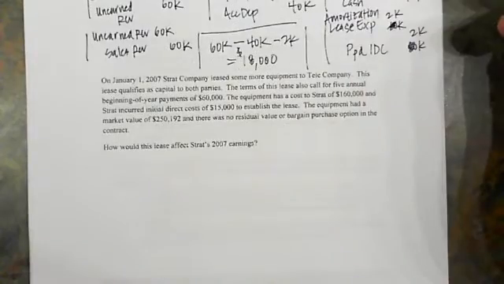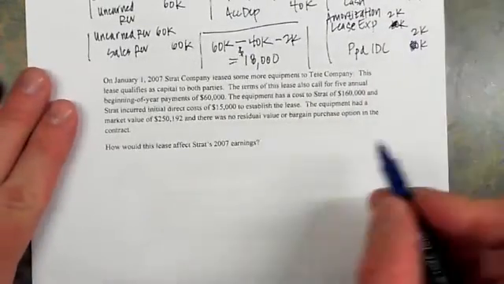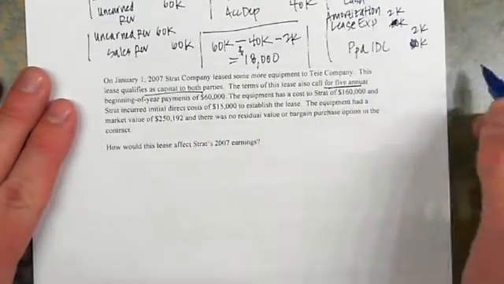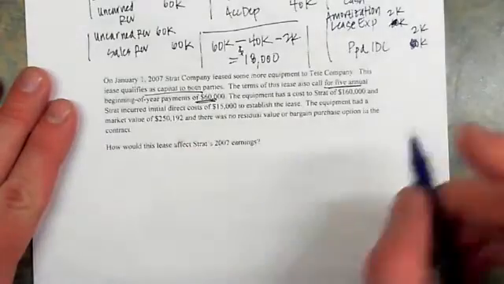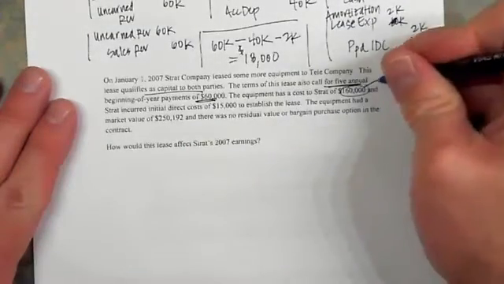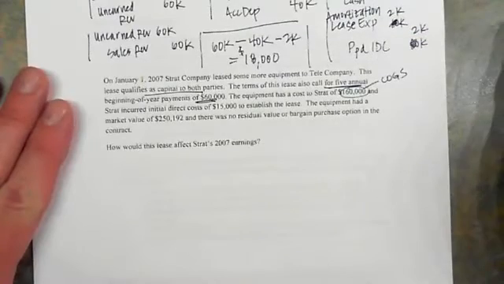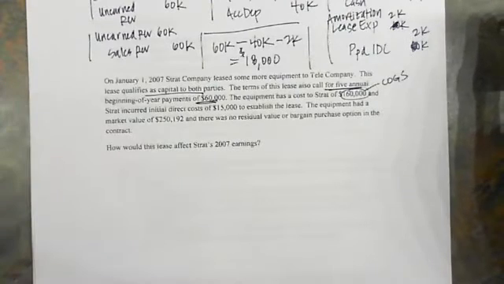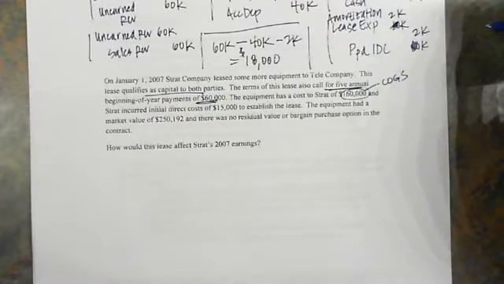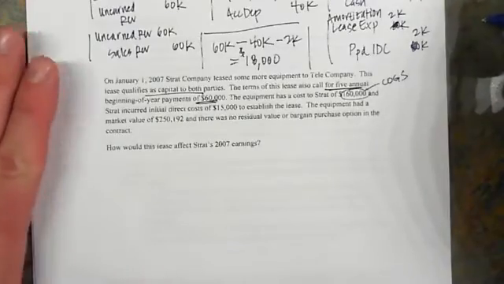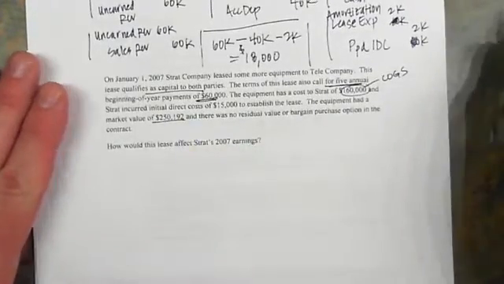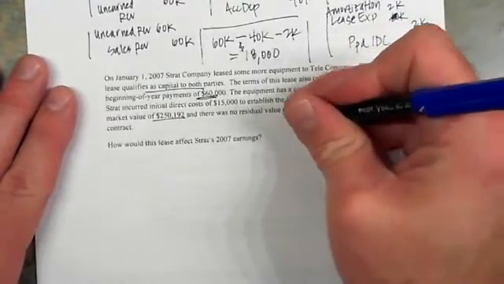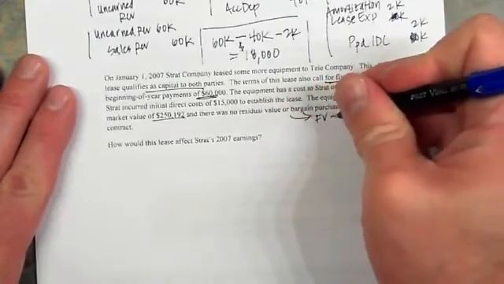Now we're going to do a sales type lease with this. I'd say that the lease is capitalized by both parties. Still a 5-year lease, annual payments of $60,000. I changed the cost, so now that is the cost of goods sold to the lessor. I say that the lessor incurred initial direct costs of $15,000, and the equipment has a market value of $250,192. No residual or bargain purchase option in the lease, which indicates that my future value is going to be